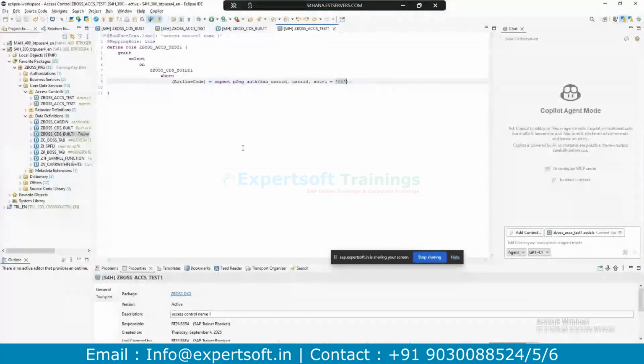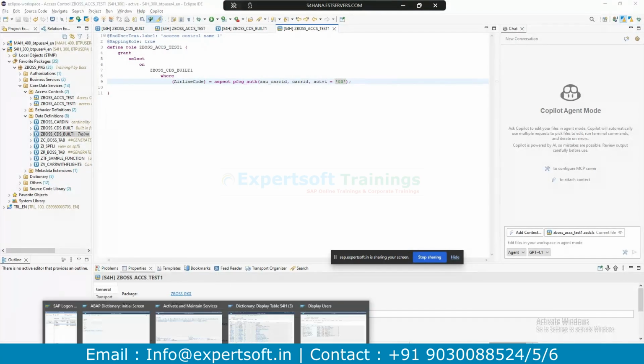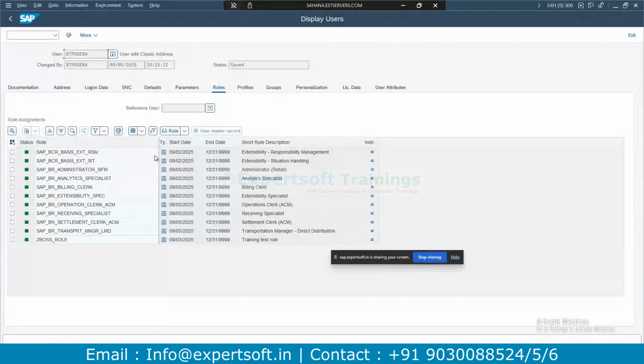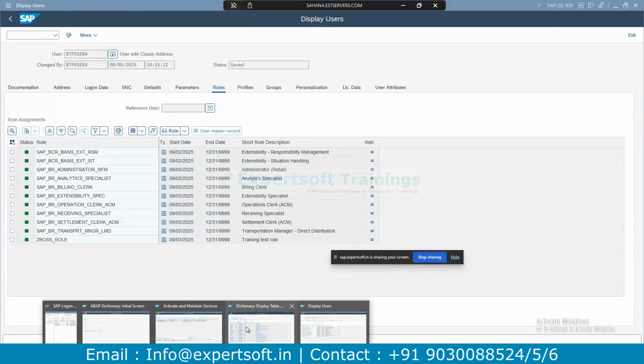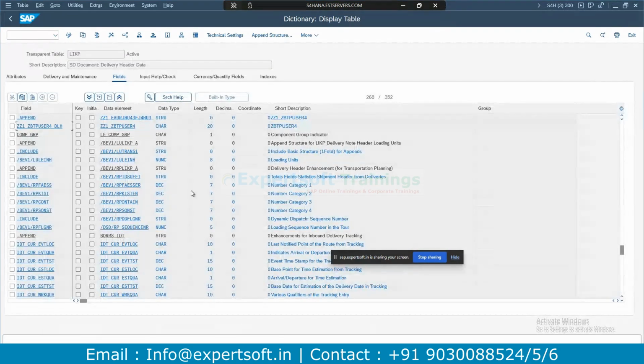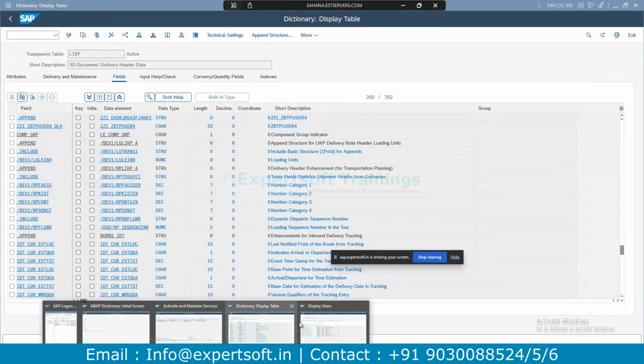Do you want me to show only one example or another one? I'll show you. I'll change the authorization object value. Let me show.